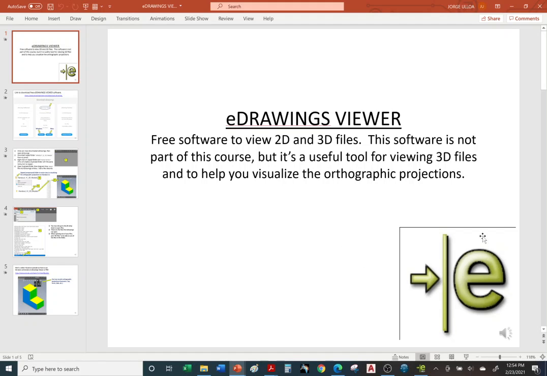Okay, so those of you that come to campus and use our computer lab, on the desktop, you'll find this icon, this lowercase e. Just click on it and it'll load eDRAWINGS. Just give it a few seconds for it to load. Now, those of you that want to download it on your personal computer,